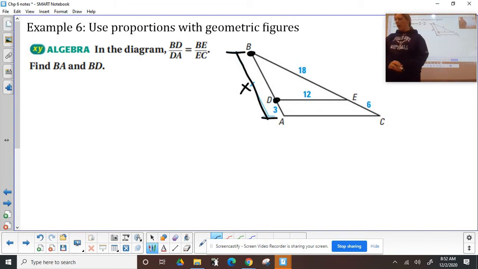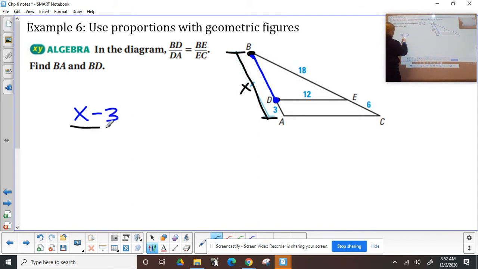So let's see here. We have BD over DA. I'm doing BD, which is this segment here. Like I said, we don't know that, so it's going to be the whole, which is x, minus the part, which is 3,